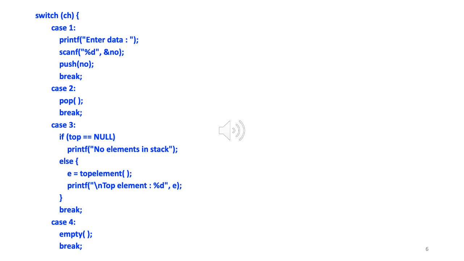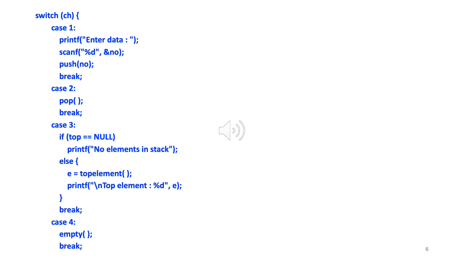Okay, so we scanf, and then we call push with no as the input. We'll soon see the code for that. The effect should be that it adds that element to the stack, which means we'll need to create a new node, right? We'll need to add this no to that. We'll access all nodes using pointers, and then we have to create the appropriate links as well. So we will soon look at the source code for that.